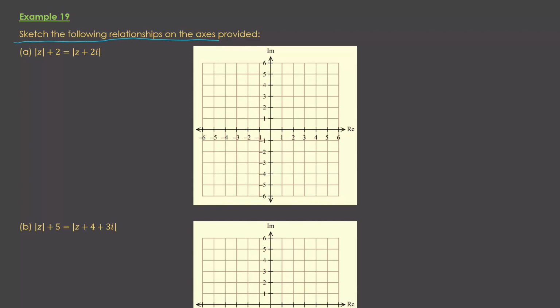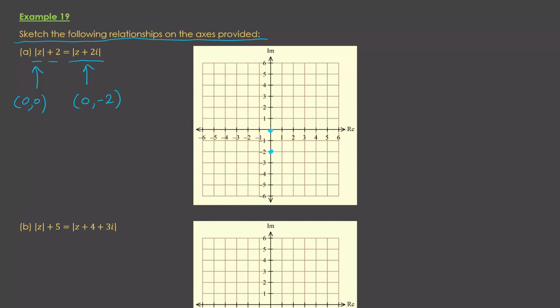Sketch the following relationships on the axes provided. We have the modulus of z is equal to the modulus of z plus 2i. Well, mod z is the distance from 0, 0. Mod z plus 2i is the distance from the point 0, negative 2. So we want points so that the distance from 0, negative 2 is equal to the distance from